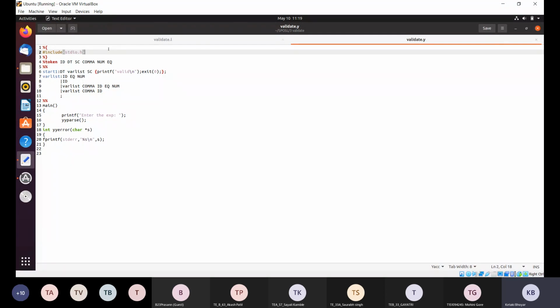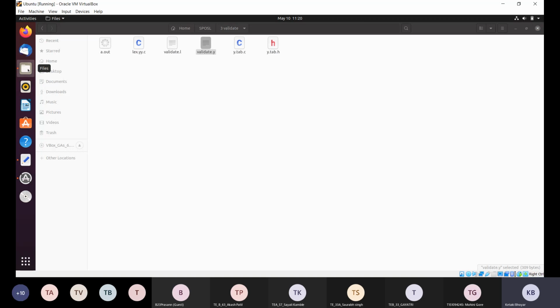Similar is the case with the YAC file. YAC file भी हमें कैसे रन करना है? YAC file name .y. YAC file is stored with .y extension. The format for YAC file as well as for lex file is same to write the code. Okay, but what happens is once we implement the syntax analyzer on YAC file, at that time two files are generated. Okay, see here that you can see y.tab.c is generated as one C file is generated when we are running the lexical analysis. Along with that, one header file is also generated, that is y.tab.h.